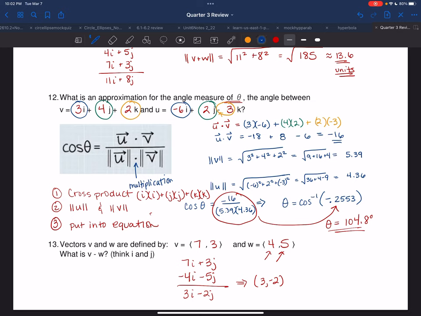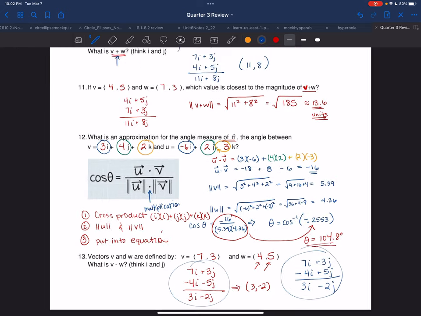So that's option 1. The other way you can do it is straight up subtraction. So 7i plus 3j and 4i plus 5j, and you're subtracting. So 7 minus 4 is 3i, 3 minus 5 is negative 2j. Both methods will work. I have a tendency to flip the signs because I make mistakes with signs, so that's a way that I've been able to cope. But this is fine too. Your traditional subtraction is absolutely fine. Okay? So there is page